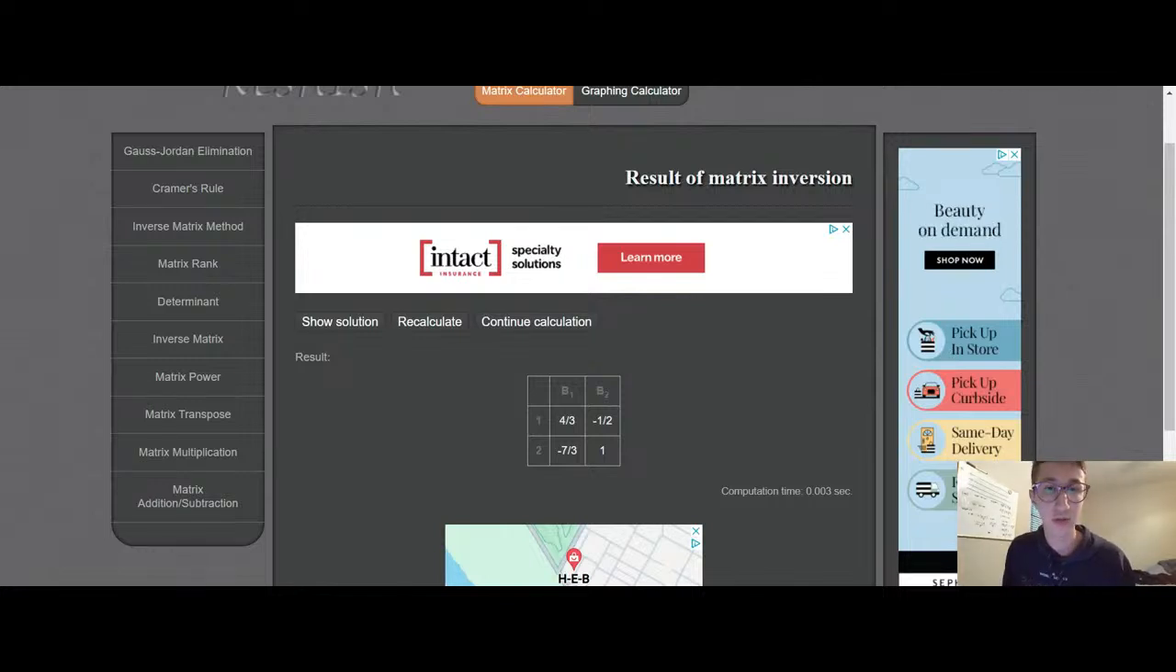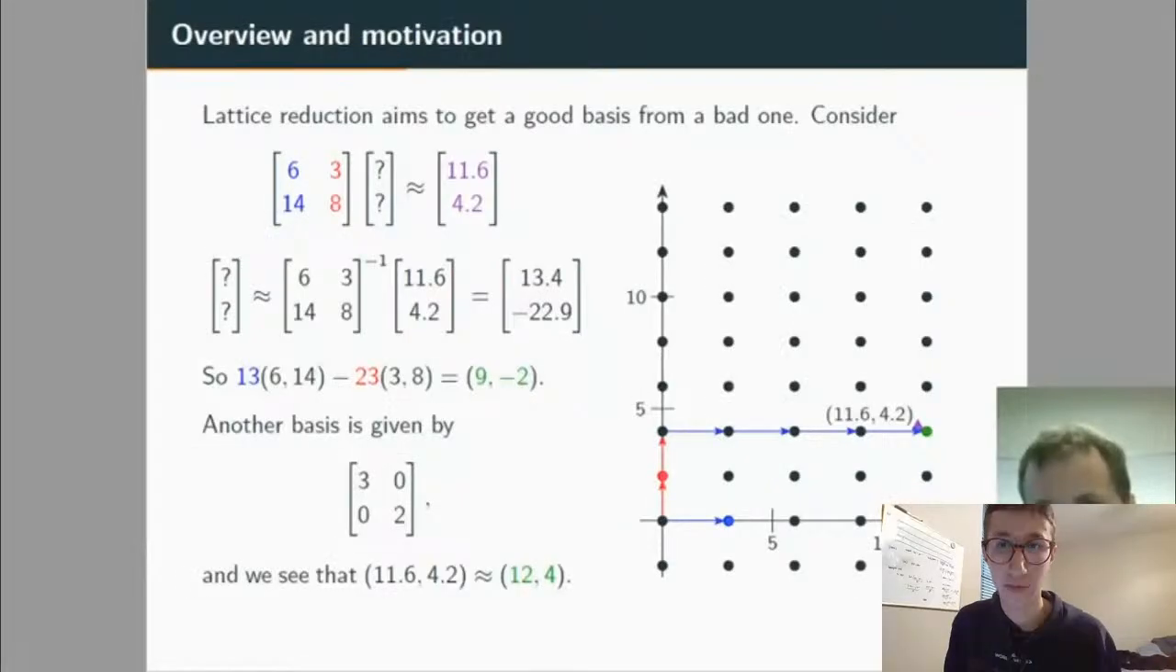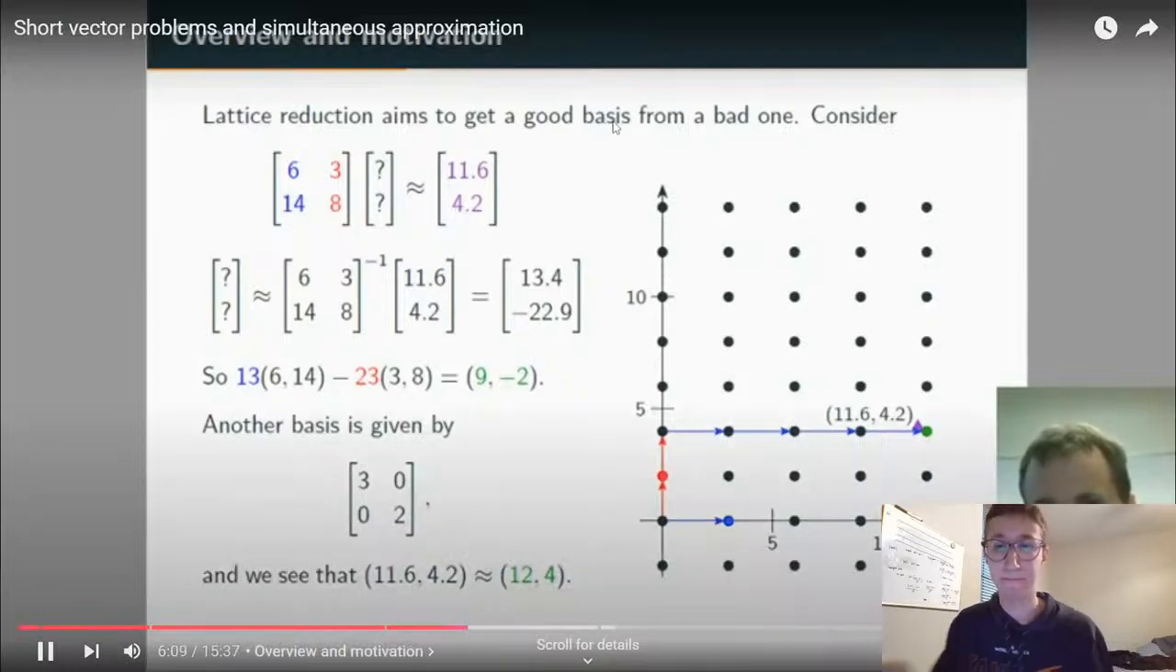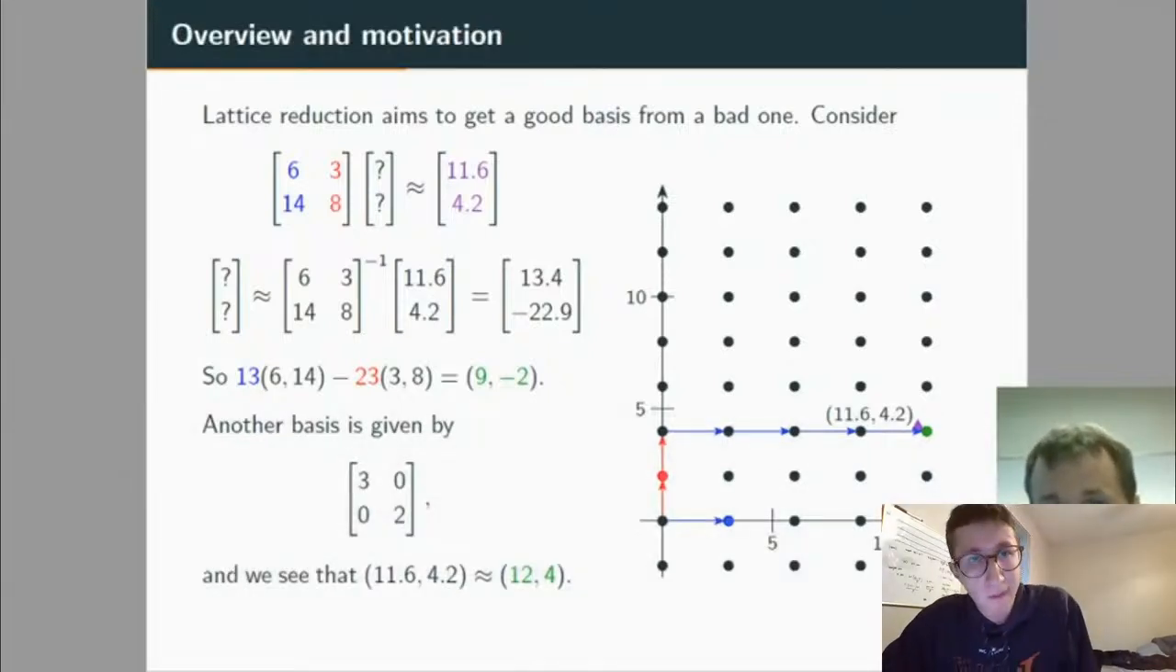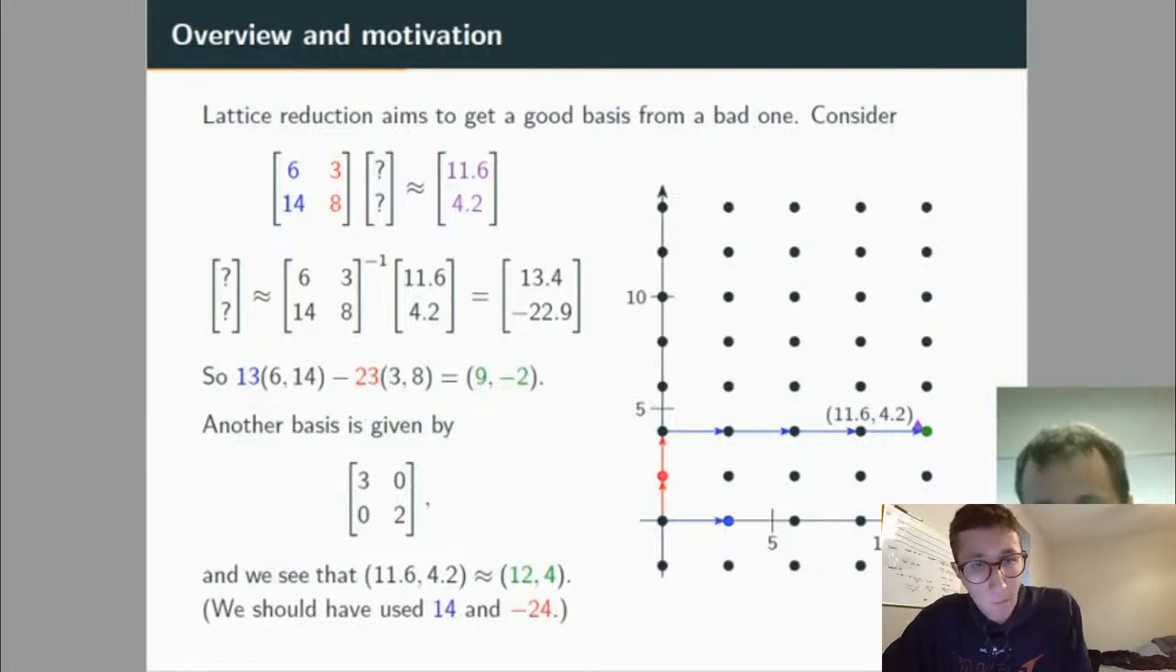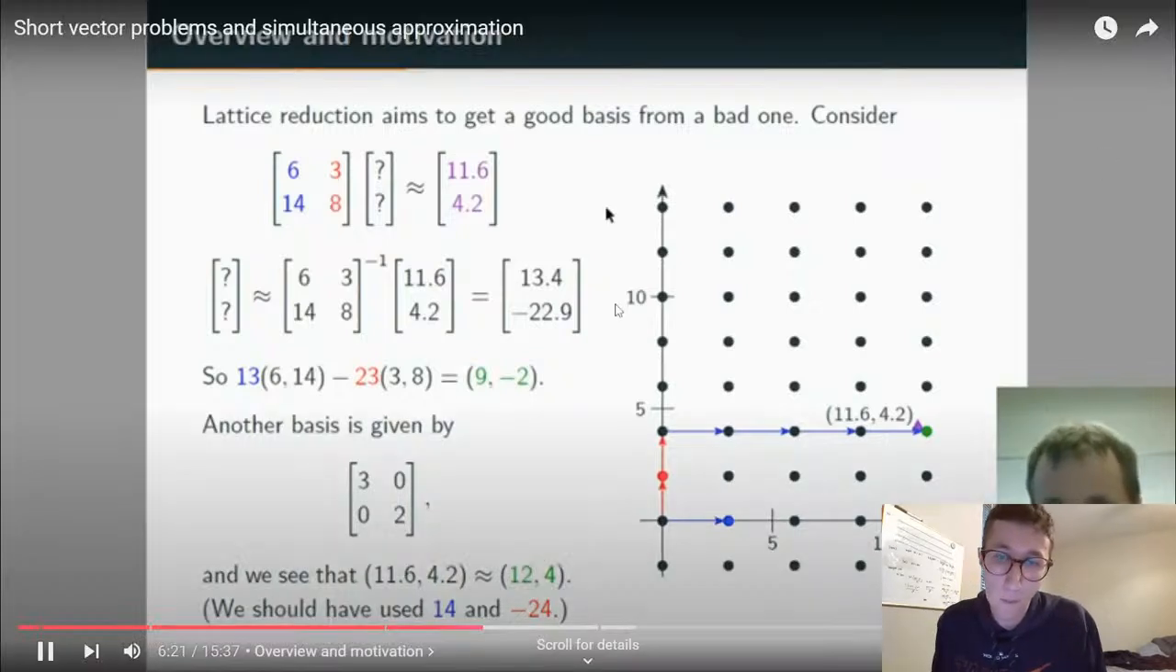Cool. That's really interesting. We see that our best choice, yeah, we can multiply 12, 4 by the inverse of that original matrix. Really cool. You see that we should have taken, instead of 13, negative 23, we should have taken 14 copies of the blue vector and negative 24 copies of the red vector. But how could you have predicted that? How could you have predicted which way to round? And in general, even if you did know,